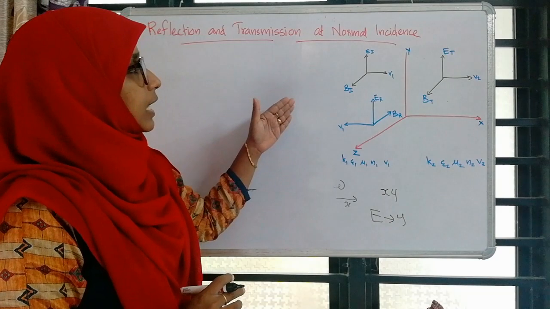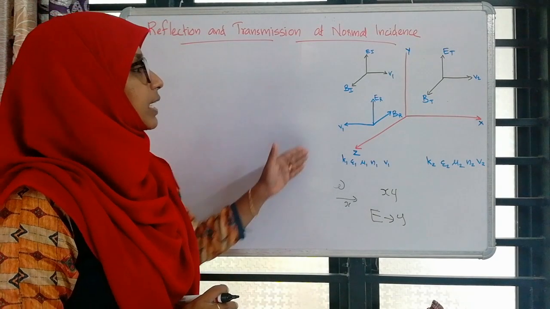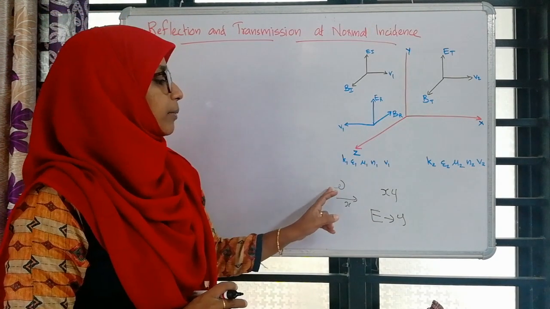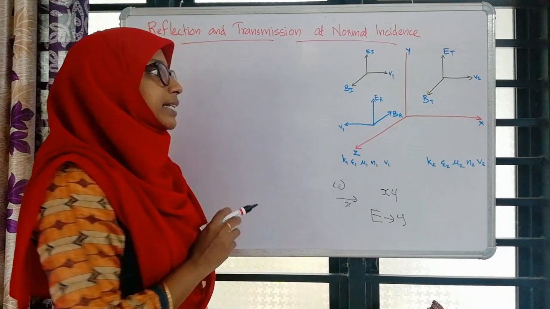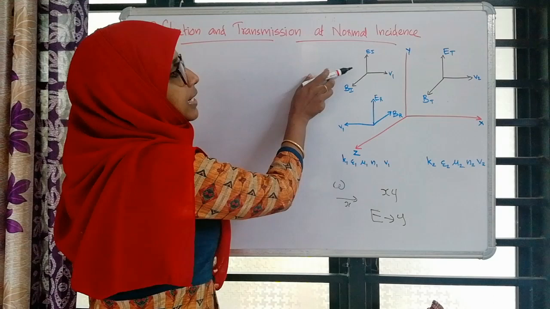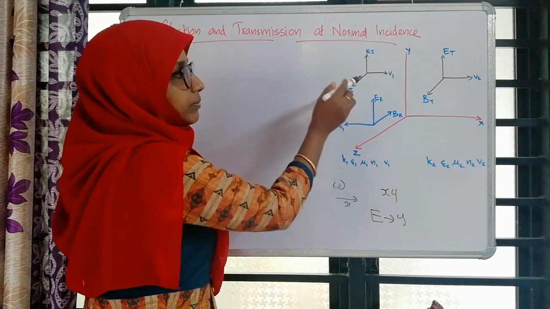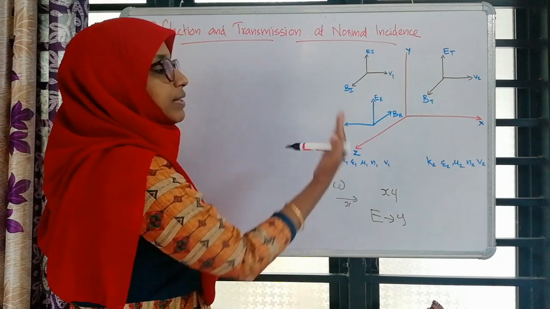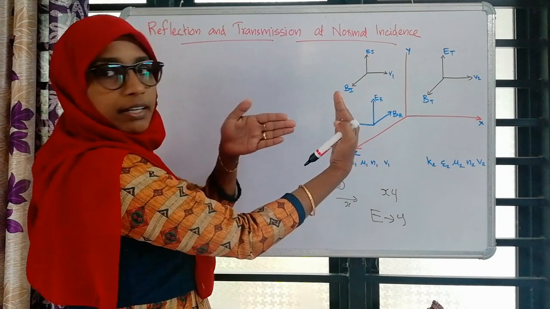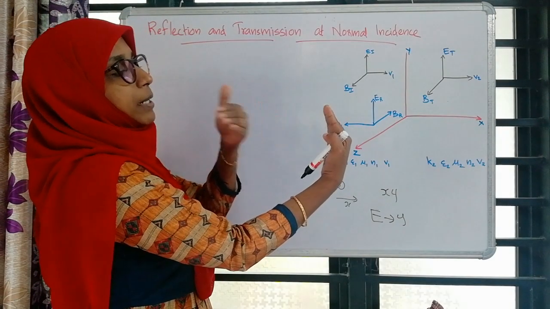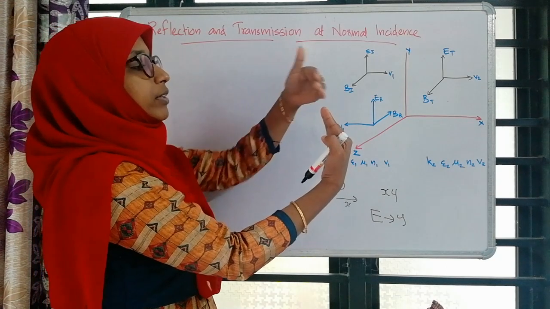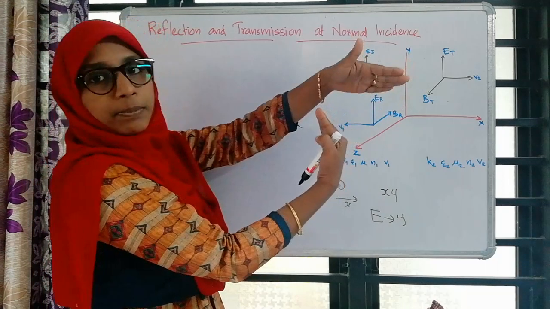So, an electromagnetic wave is traveling along the x direction with an angular velocity omega and polarized in the y direction, which is considered as an incident wave at this boundary. This is the boundary, the YZ plane, and a wave is incident from this direction. A portion of this wave will be reflected back from this boundary and the remaining part will be transmitted to this side.